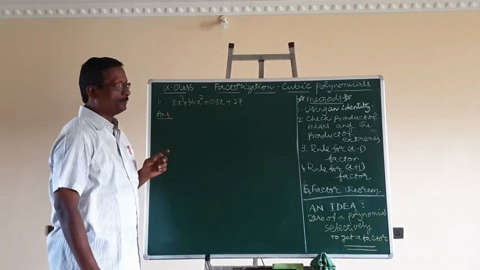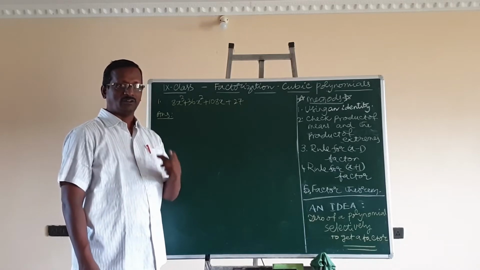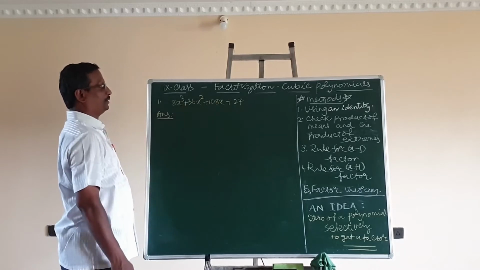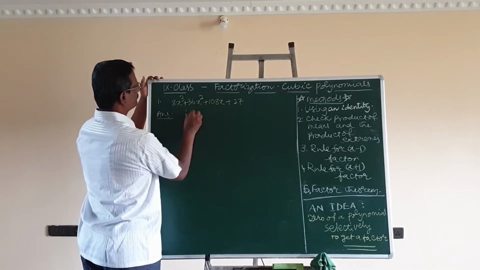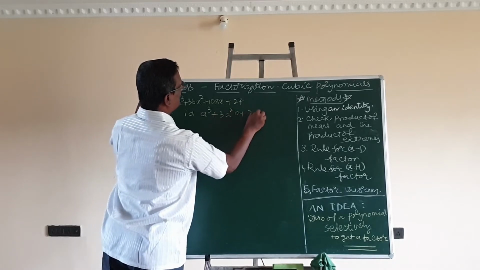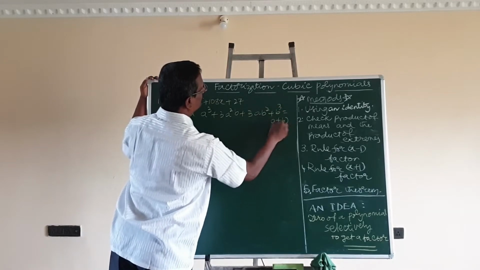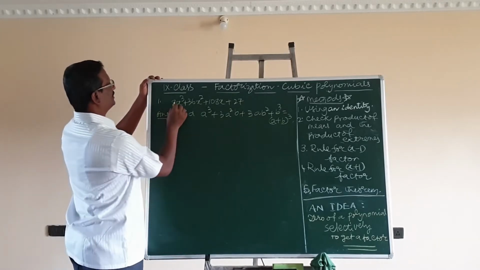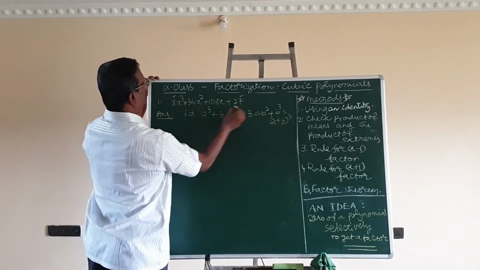It is a polynomial. We can write this polynomial in the form of an identity. By making use of an identity, we can find the factors. As soon as we see this polynomial, we have to remember an identity. The identity is a cube plus 3a square b plus 3ab square plus b cube is equal to a plus b whole cube. This identity we have to remember, and we have to write in the form of an identity, that is, it is a perfect cube. This is also a perfect cube, and automatically the two middle terms are here.